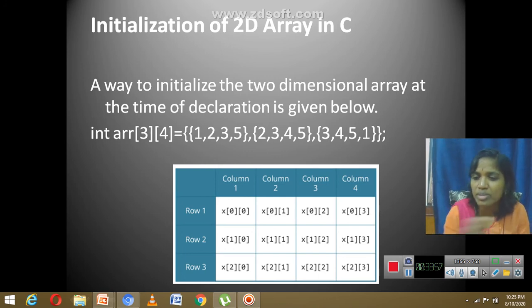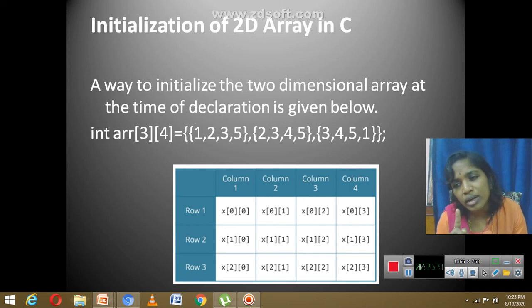First all these 4 elements will be allocated, followed by all these 4 elements. Then your i value is incremented by 1. So for i equals 1, the j value again starts from 0, 1, 2, 3, up to n minus 1. Then i is incremented by 1, so i is 2, j is 0, 1, 2, 3. Your i value must be up to m minus 1. Your m is 3, so it is only up to 2. Right? Hope you have understood this.